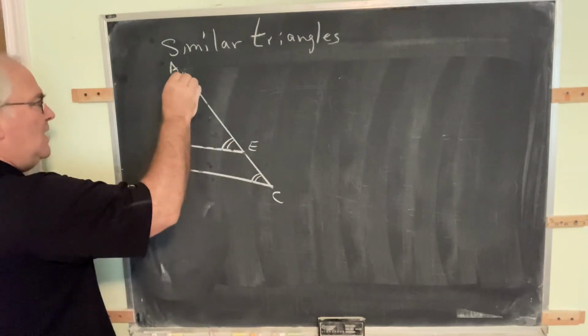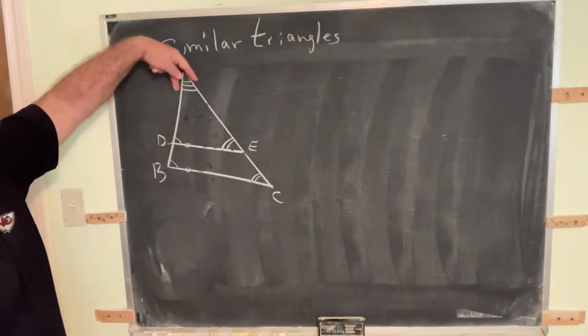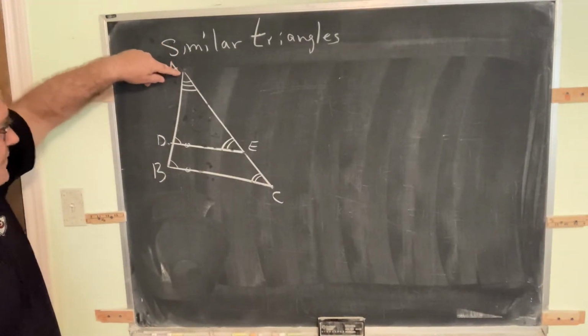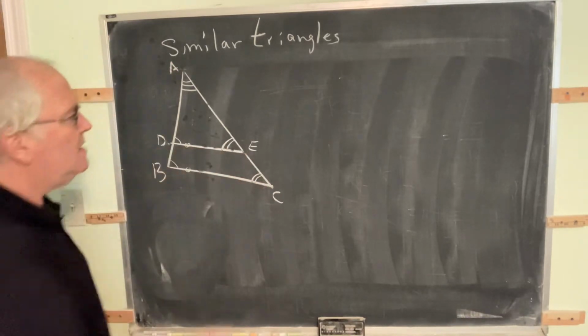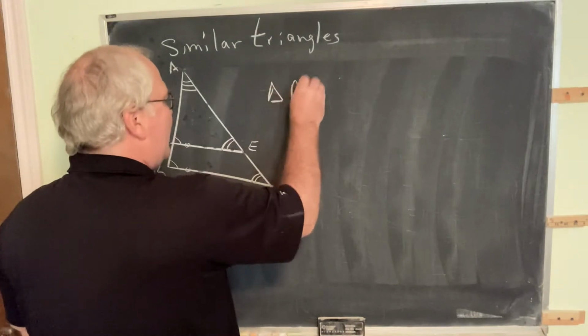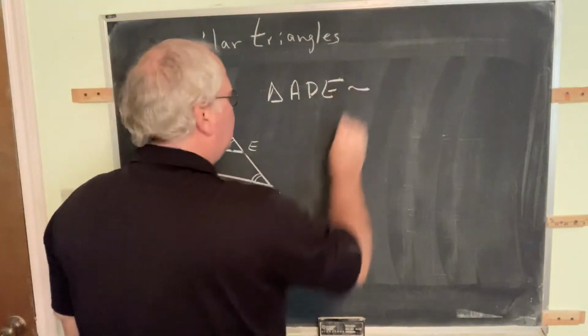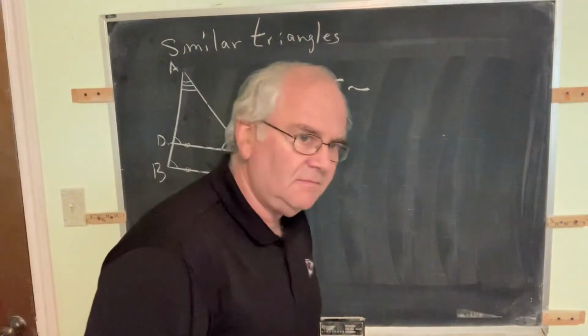And notice angle A is obviously equal to itself. It's the same angle in both triangles. So A is equal to itself. D is equal to B. E is equal to C. So we may say triangle ADE, the smaller one, must be similar to the larger triangle,